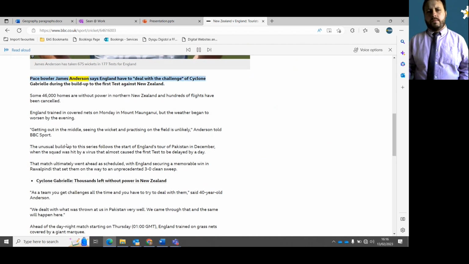Pace bowler James Anderson says England have to deal with the challenge of Cyclone Gabrielle during the build-up to the